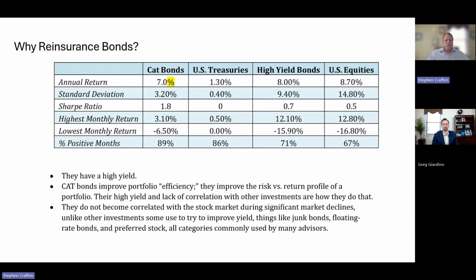And you can see these returns. The average annualized return over about a 30-year period, this is an index, has been about 6-7% a year, with a very low amount of volatility, which we rank in terms of standard deviation, and a very high Sharpe ratio. And each Sharpe ratio is the relationship between rate of return and risk. And like I said, we've been averaging about 8% return in the mutual fund we use for reinsurance bonds.